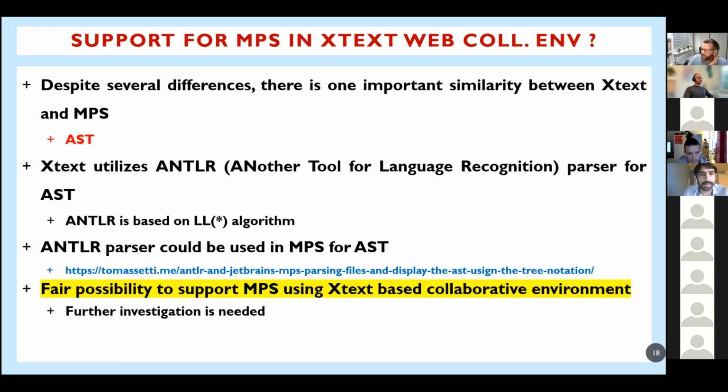Yeah, I'm not completely sure what you... I know that there's an AST in MPS, and I also know that there is an AST for xText, of course. The point is how we can fetch it, because I initially explored it while we were working on the language level or structure level mapping between eCore and